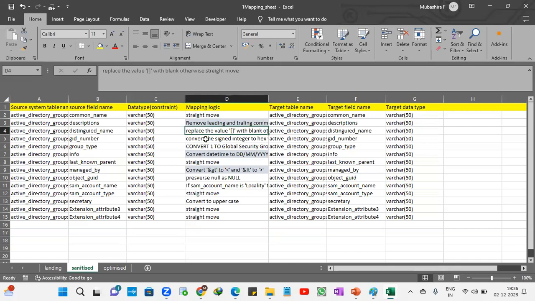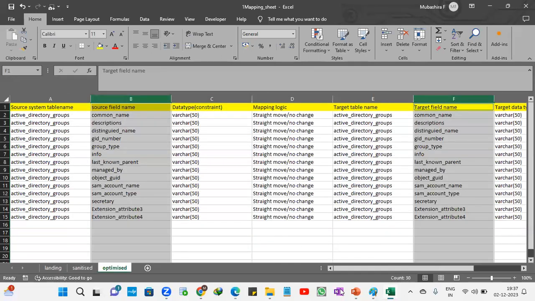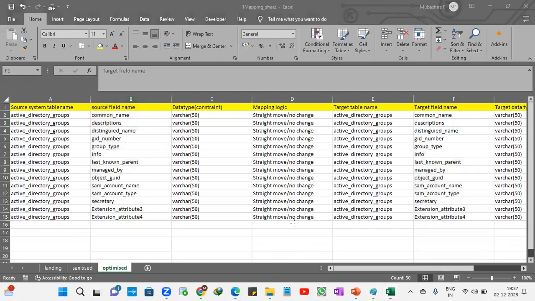And then we have other derived values as well. In a hands-on project, they will explain the mapping sheet and how exactly we'll do the testing. For each layer, they will give the transformation logic and the column names.